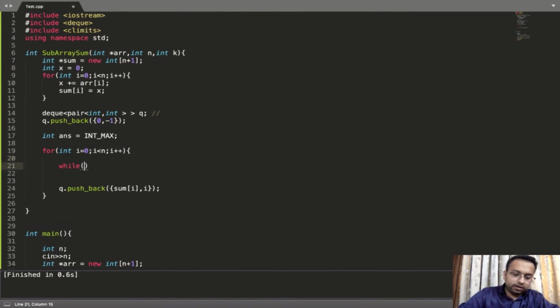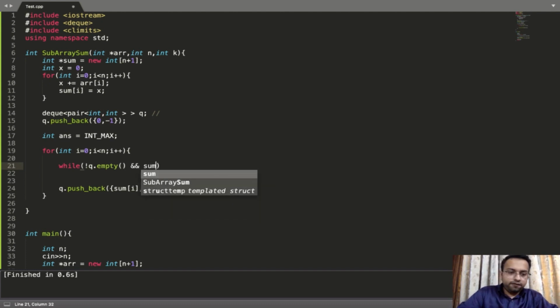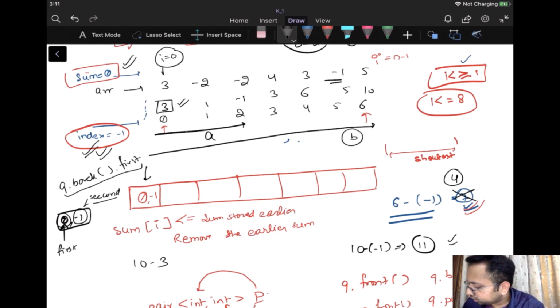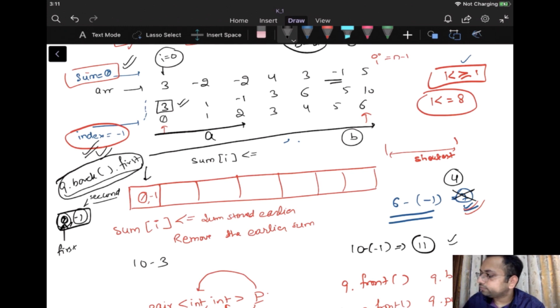All right. So we need to check certain things, right? So let us see how we can do it. While q is not empty, and I'll write if the sum that we are trying to insert, the current sum i that I'm trying to insert, is less than or equal to q dot back dot first, what should I do?